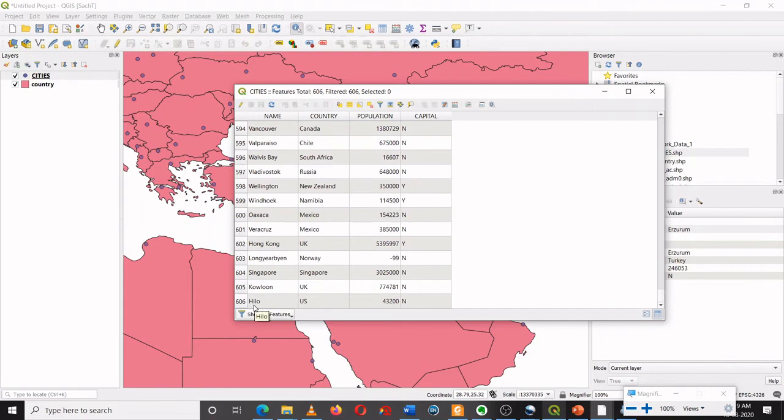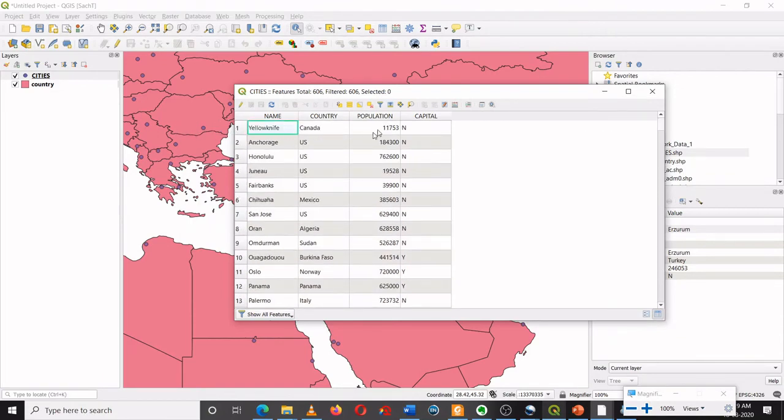So there are 606 cities mapped on this map, and each city has 4 types of data: name of the city, name of the country, population, and the status, whether it is a capital city or not.